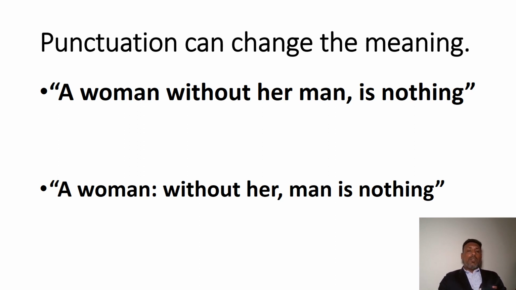A group of boys, they wanted to prove that men are superior. They wrote it in this form: a woman without her man is nothing. You can see there's a comma after the word man, and the sentence goes like this: a woman without her man is nothing. This sentence is inclined towards men,